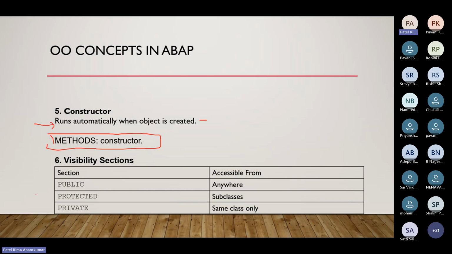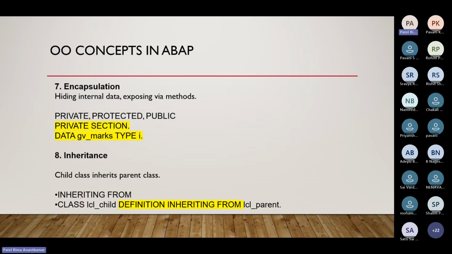Okay. Now we have the visibility sections in this, right? There are three visibility sections, access modifiers: public, protected, and private. So we know by the name, public can be accessed from anywhere, protected from the subclasses, and private only from the same class. Your data members and methods can be public, protected, or private, and according to the visibility you can access them. Okay, now the next part is